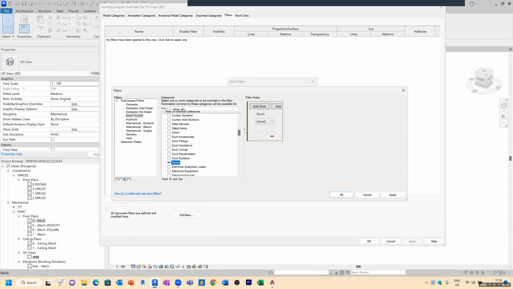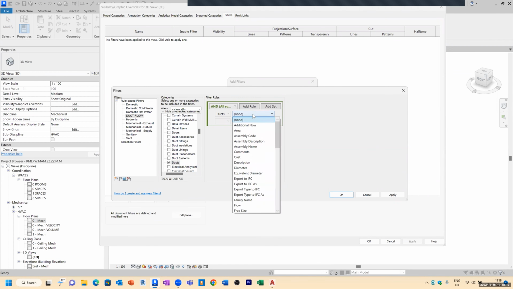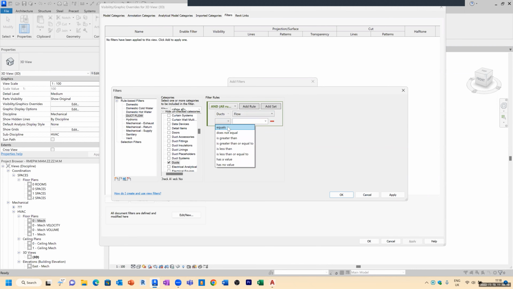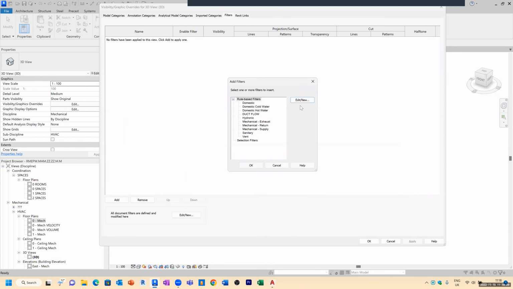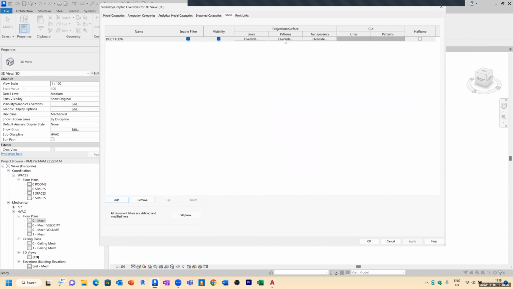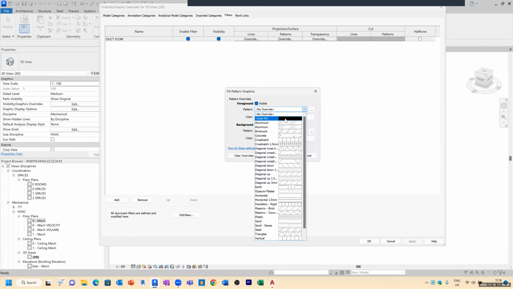Add a rule in here. The dialog box hasn't quite stretched properly. So we're going to add a rule to ducts, and we're going to base that on flow, and is less than, I'm just going to put a very small amount in there, so 0.001, and we're going to OK that. So where's that flow, duct flow, OK that, and we're going to add a pattern,